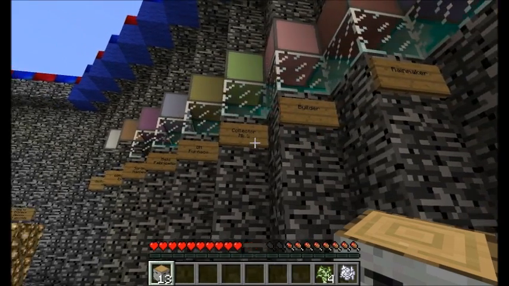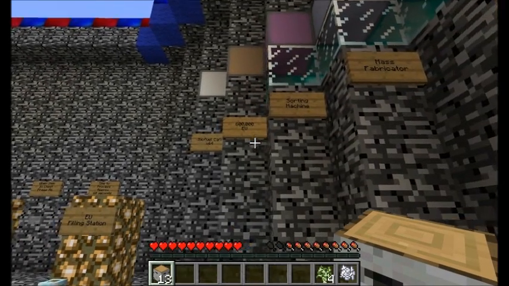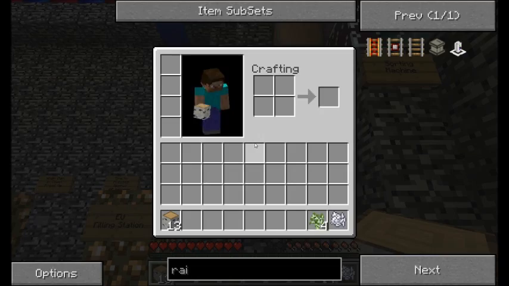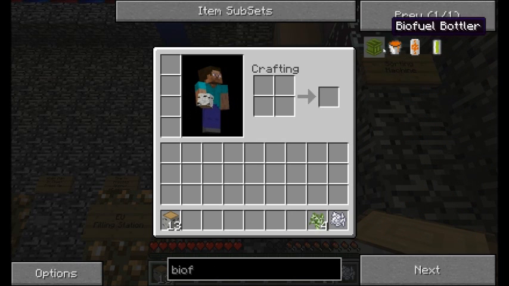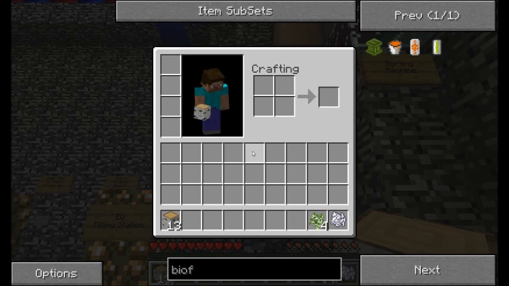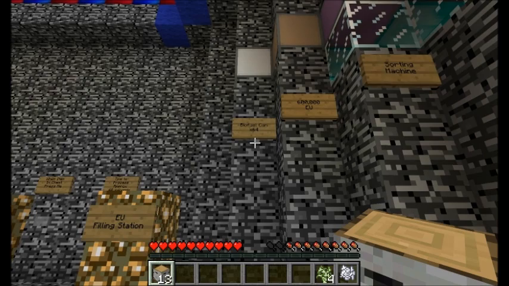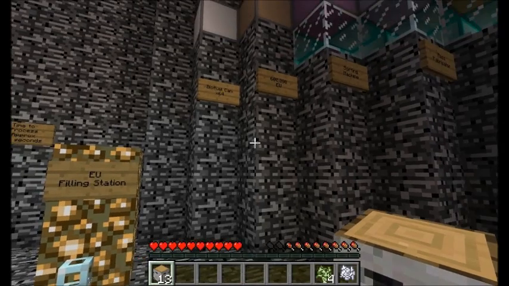Builder, probably not. Collector Mark III, Dark Matter Furnace, Mass Fabricator. Holy cow, guys. This is serious business. Biofuel can. Biofuel can. Okay. That's going to be interesting. Neat. So, what do I want to do here? Alright, well,